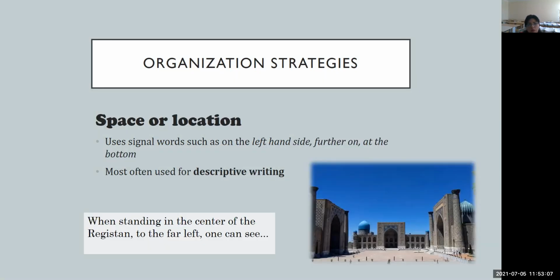So the next organization strategy is space or location. Here we use different signal words such as on the left-hand side, further on, at the bottom, most often used for descriptive writing. We know that in descriptive writing, space order and location is very important, and the details as well. For example, when standing in the center of the Registan, to the far left, one can see